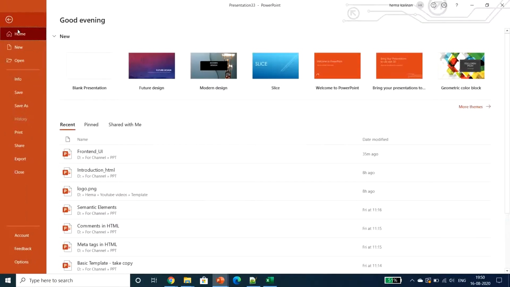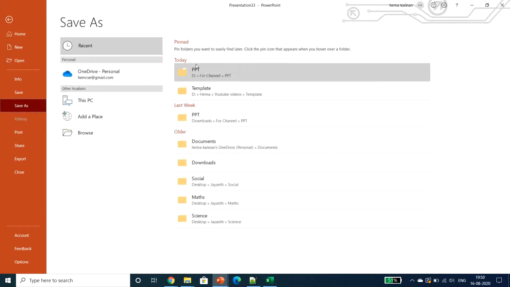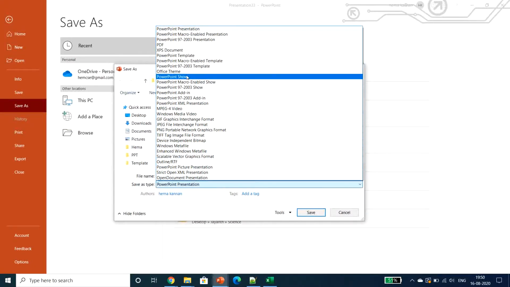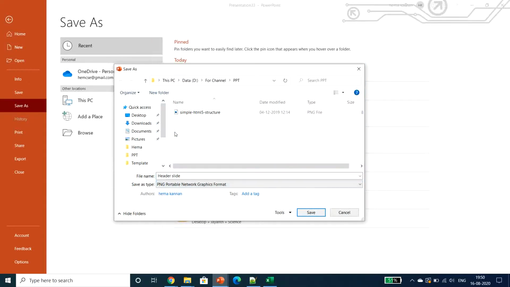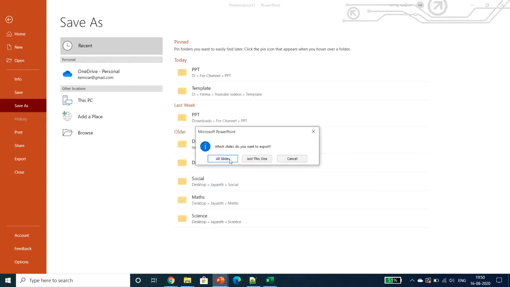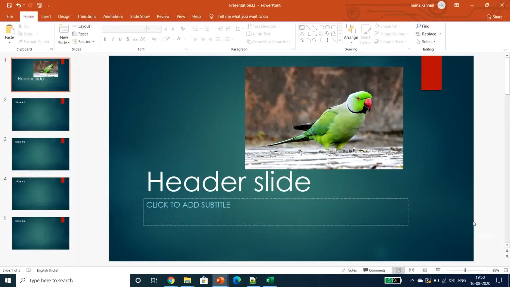So how to do that? File, save as, some location, need to give PNG, desktop. I am going to name it header slide itself. Save. So it will ask all the slides or just this one. Now I am going to choose just this one.